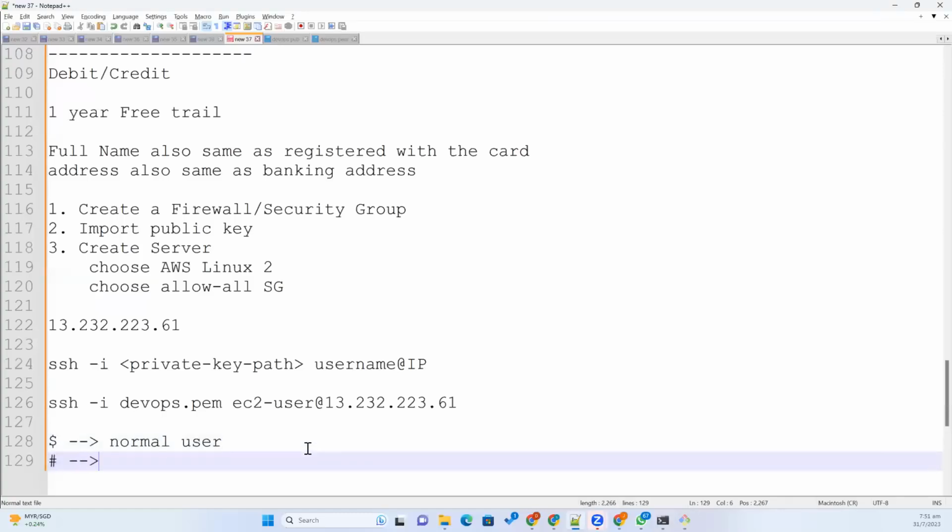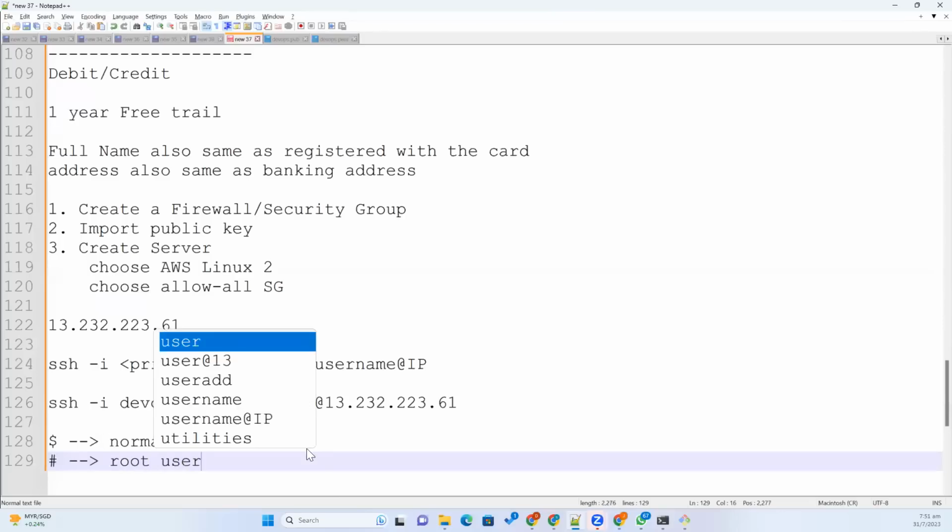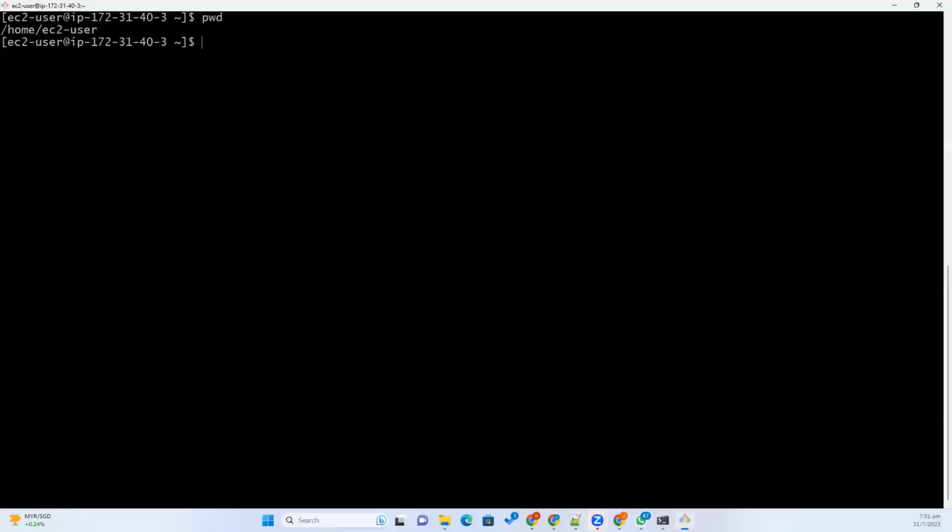Hash means root user. If you give sudo su hyphen, you will be inside, you will get the administrator access. Just like your Windows laptops, we are not the administrators in our office. So we are the normal user. Whenever you install some package, then you need to raise a ticket, then administrators will get the administrator access, then